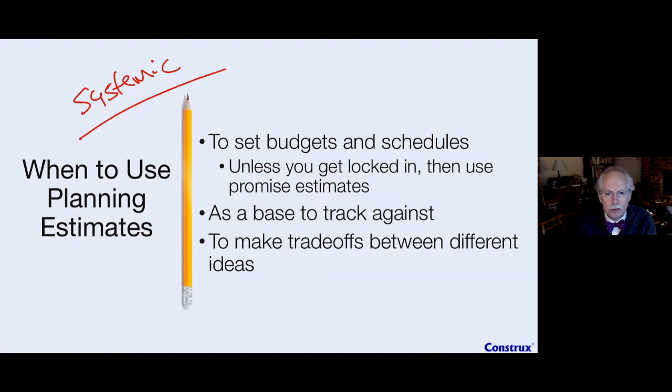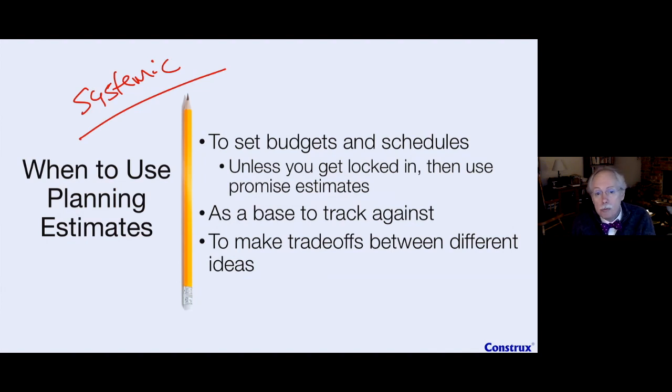And I can also use my planning estimate to trade off between ideas: would it be better to do this approach or that approach? And this is a really good number to use for that because it has that 50-50. It's a little bit more than people's guts. We could do ambiguity checks on guts and maybe use that too. But sometimes we need to have more conversation, and the planning point will often produce more of those conversations. So that's why I like to use this one.